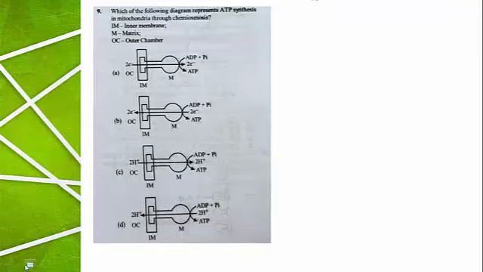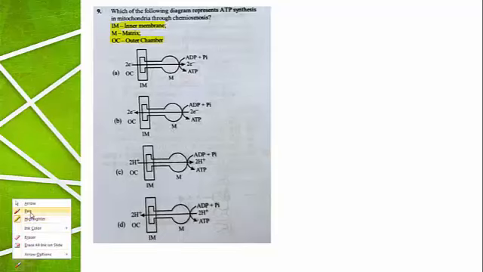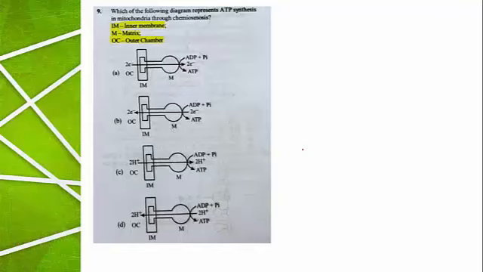Three important parts of the mitochondria are participating in the electron transport chain. One is the inner membrane of the mitochondria having electron carriers. Another is the matrix of the mitochondria, and the outer chamber, that means the gap between the outer membrane and the inner membrane of the mitochondria. So which one is the correct representation for ATP synthesis? For ATP synthesis, what is required? Let us go for a simple diagram for better understanding.